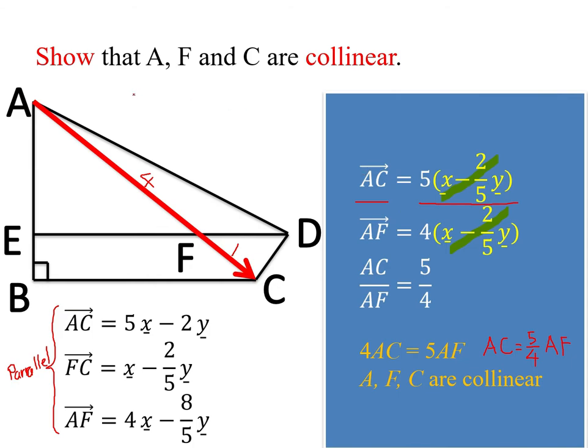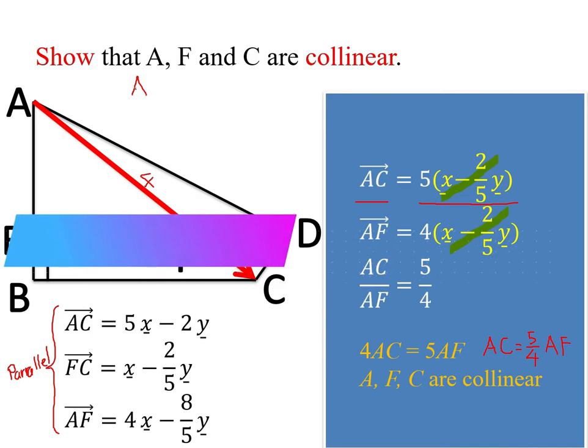So the first example, let's say AC is equal to 5 over 4 AF. Okay, I give you the second one. AC is equal to 5 over 4